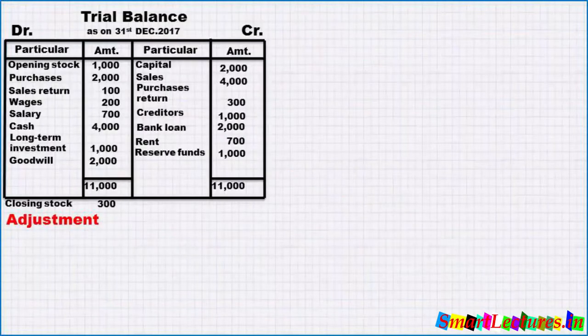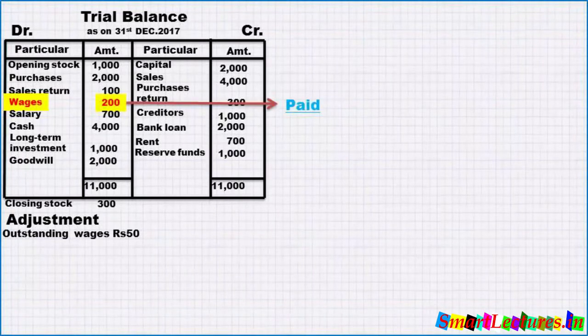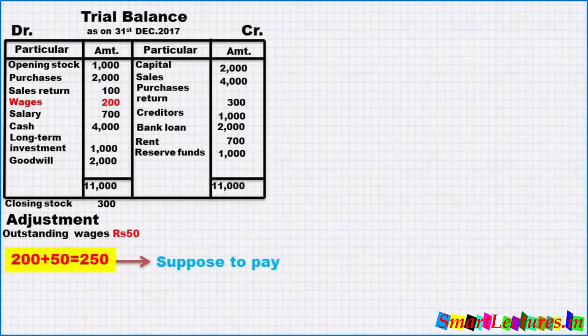Now the adjustment is outstanding wages 50 rupees. Outstanding wages means the wages we couldn't pay during the year and still we have to pay to our workers. Our trial balance on debit side is showing that wages is 200. It means wages of 200 has already been paid, but still we have to pay 50. So it's a matter of common sense that our trial balance is showing that 200 we have already paid, but still we have to pay 50. It means we were supposed to pay 250 wages, but we couldn't pay